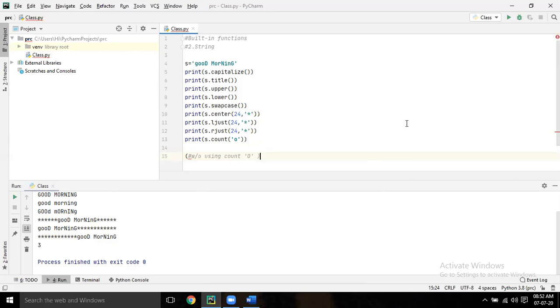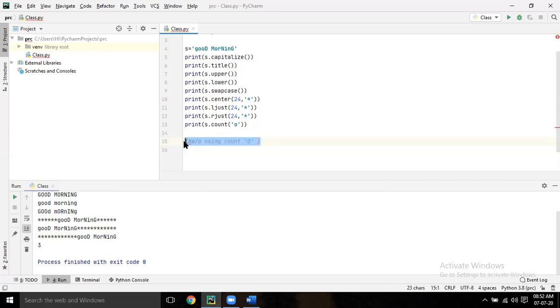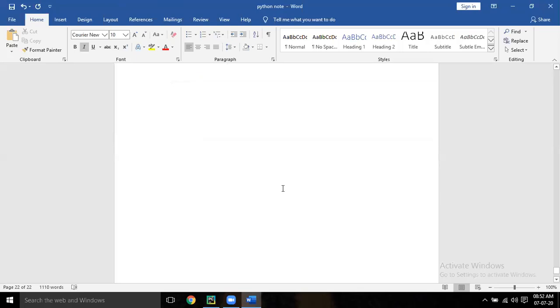Now, s dot isnum. No, homework, you write it separately. You can open one more tab also.